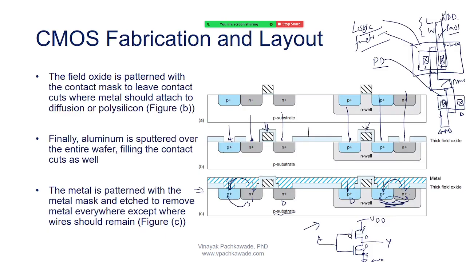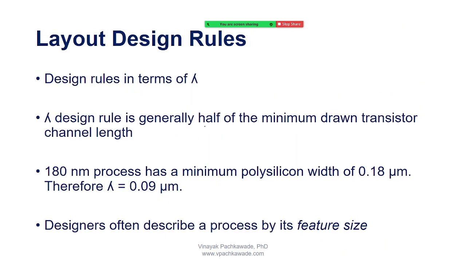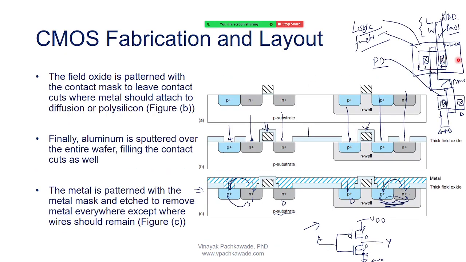Okay? So now I told you how we are learning about fabrication. Once I know what is fabrication, I want to learn about layout also. I just explained that sometimes you have these transistor cells in the library. You just take them out, you define the length and width. Length is channel length, width is